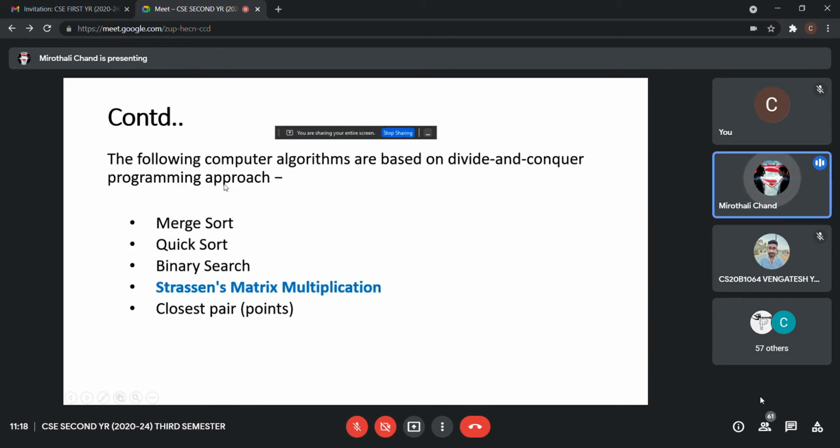So you would have seen these three techniques. These are the computer algorithms that are based on the divide and conquer programming approach. Merge sort, quick sort, and binary search you would have seen. For this section, we will be seeing this